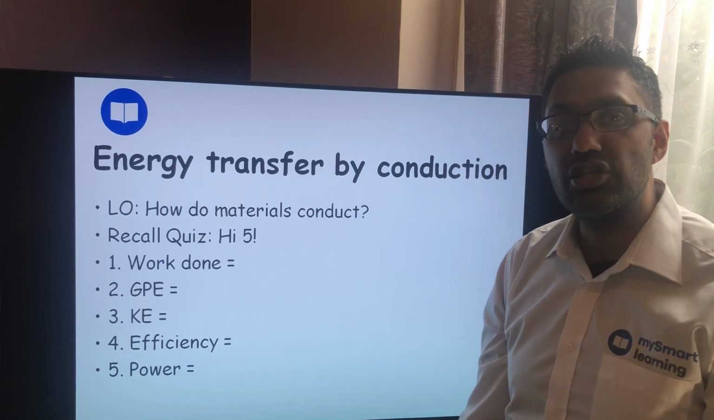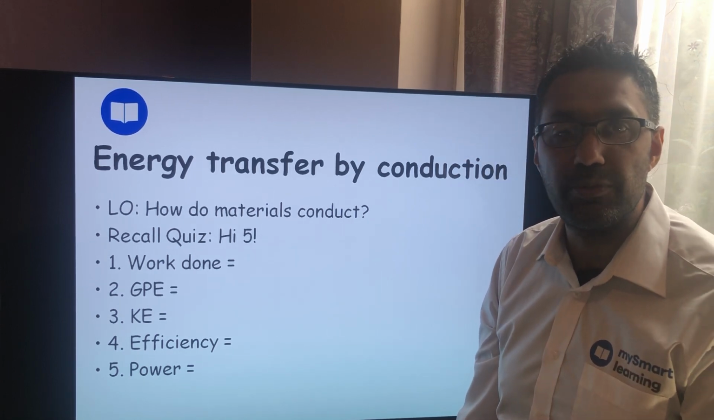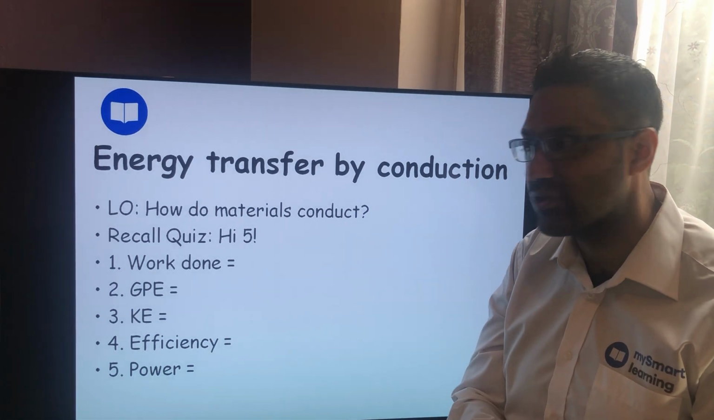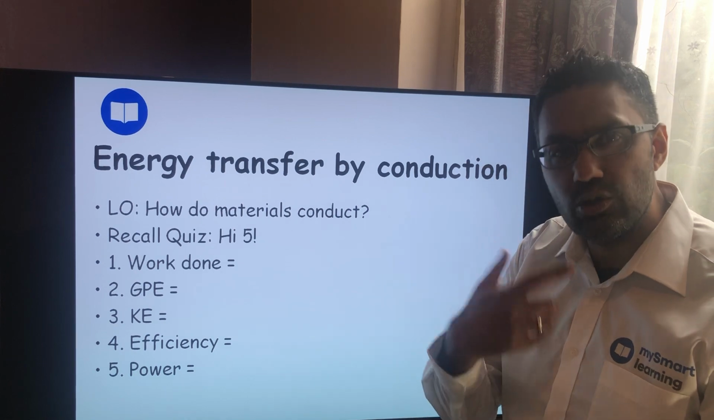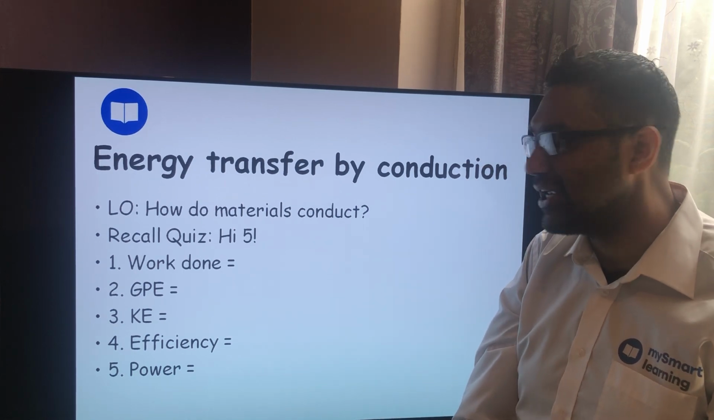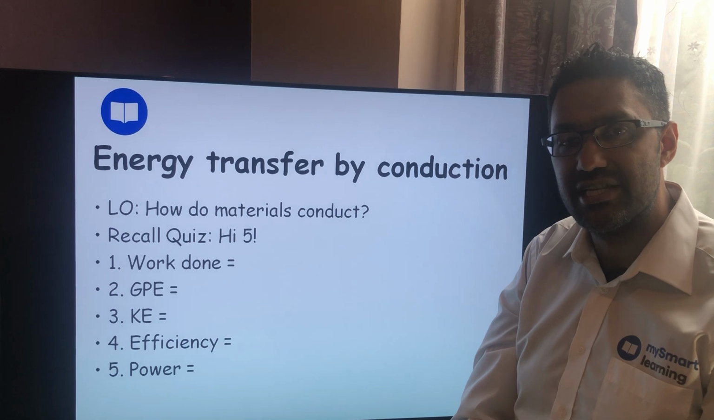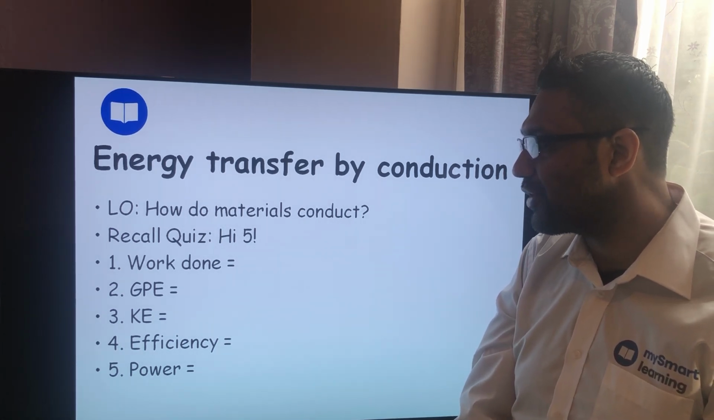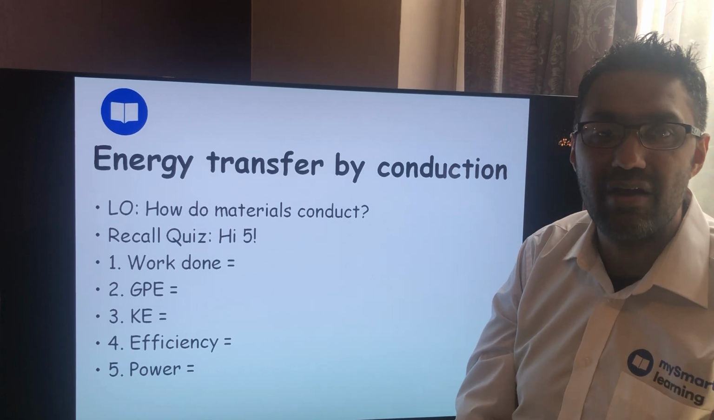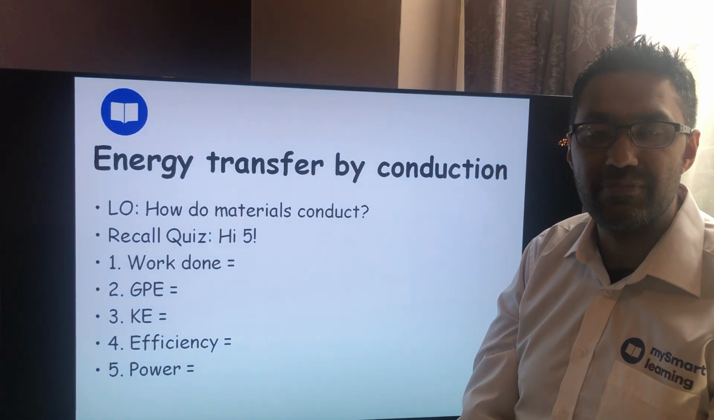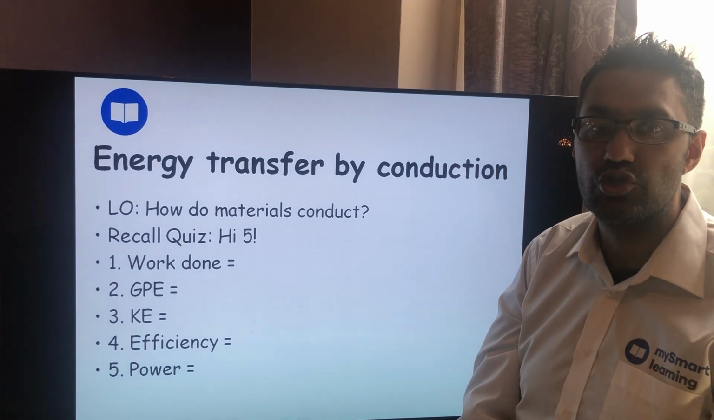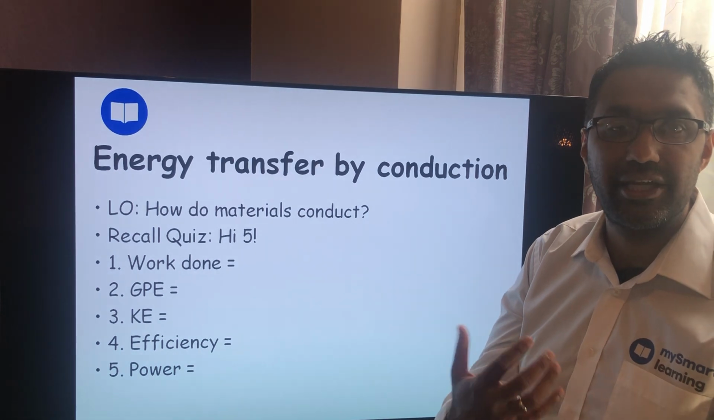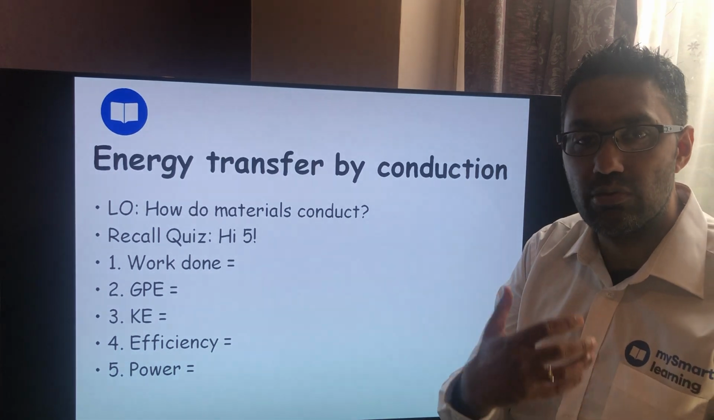Right, so work done is force times distance, or W equals F times s. Remember, we use the letter s for distance, not d. GPE equals mgh. If you remember from last time, GPE equals mgh, mass times gravitational field strength times the height. Question 3, KE equals half mv squared, half times mass times the velocity, which is the speed, squared. Efficiency is equal to the useful energy output divided by the total energy